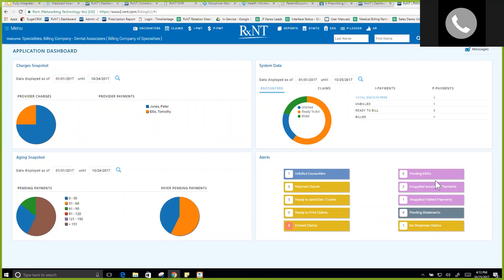Okay. So the full suite of products, from scheduling to the electronic health record to the e-prescribing to the medical billing, is $205 per provider per month. That's going to allow you to send claims electronically. It's going to allow you to check eligibility electronically. You'll get your payments through ERAs electronically. And then, of course, you can upgrade to start sending to your commercial payers, and there'd be no additional cost